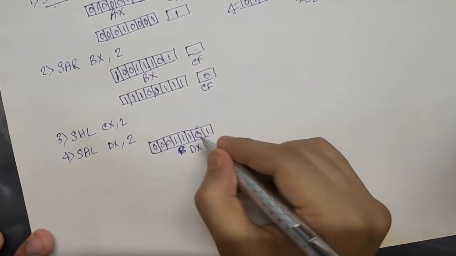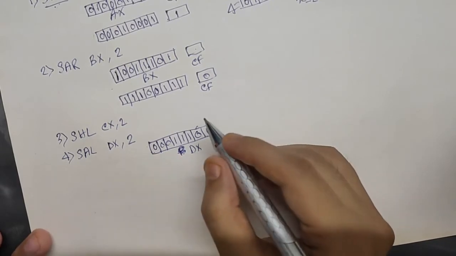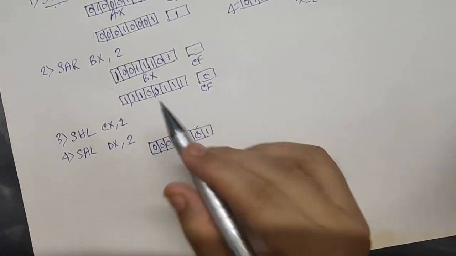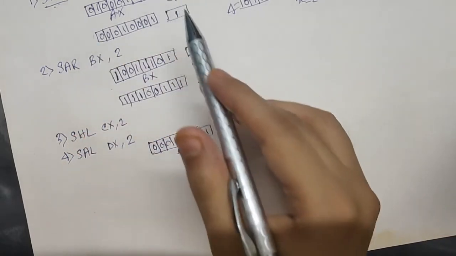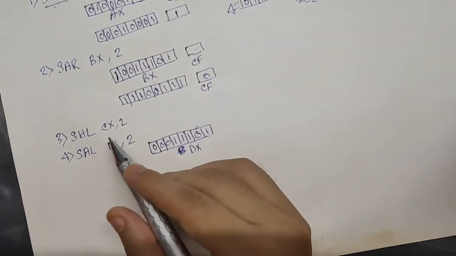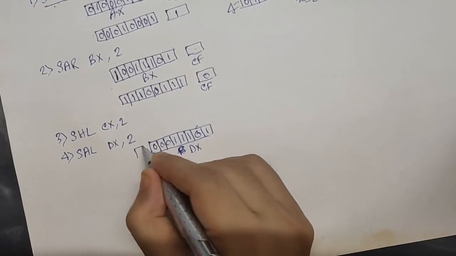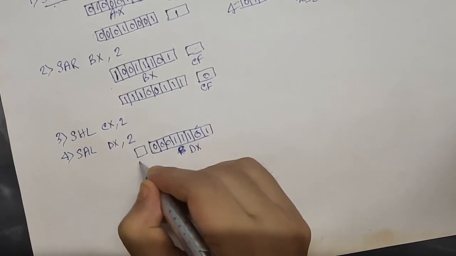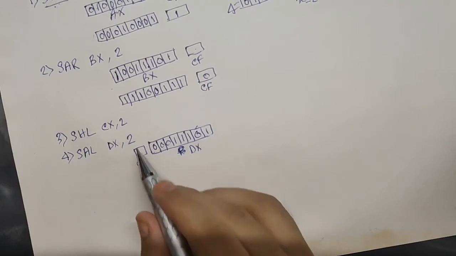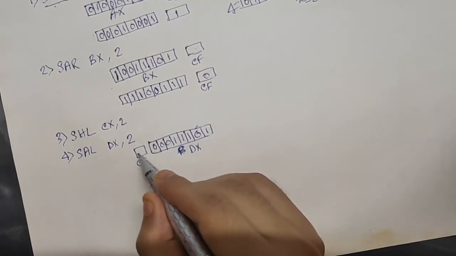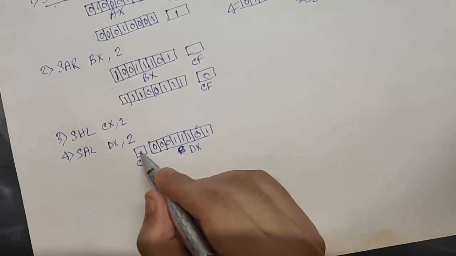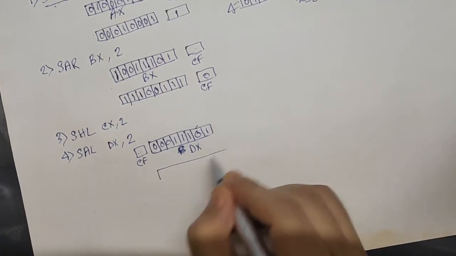This time, what I told you earlier: if you are performing right shift, then your carry flag will be on your right, and if you are performing left shift, then your carry flag will be on your left. So this time our carry flag will be here, and I need to shift this 2 times. At first this 0 will come here, then this 0 will come here, so our output will be